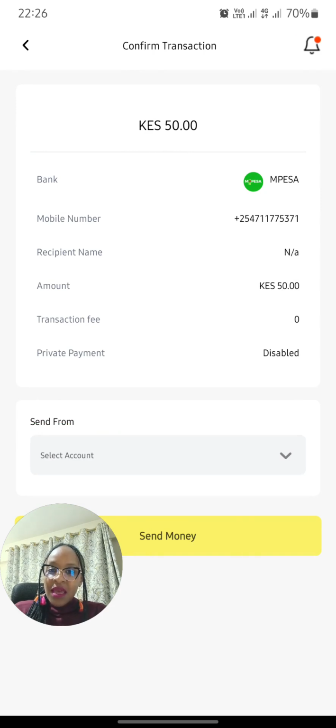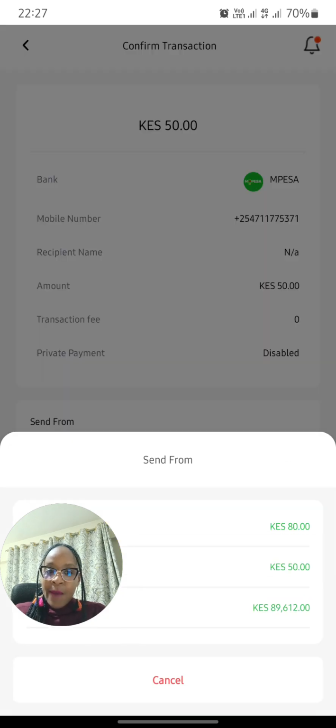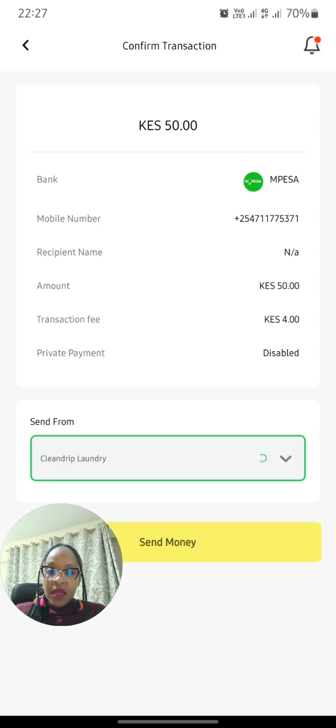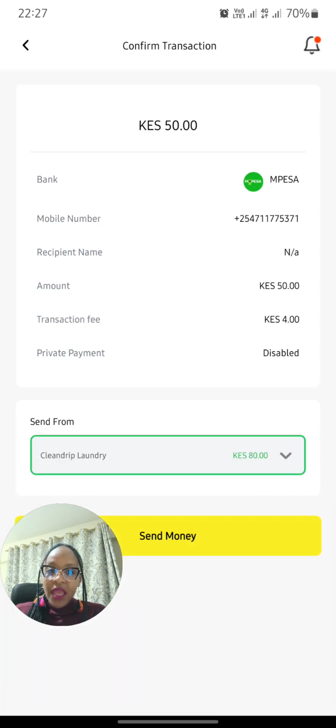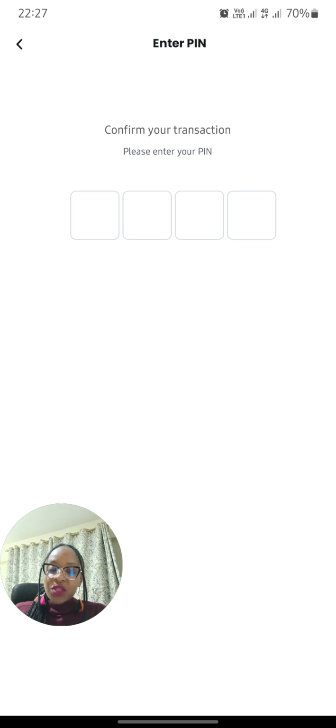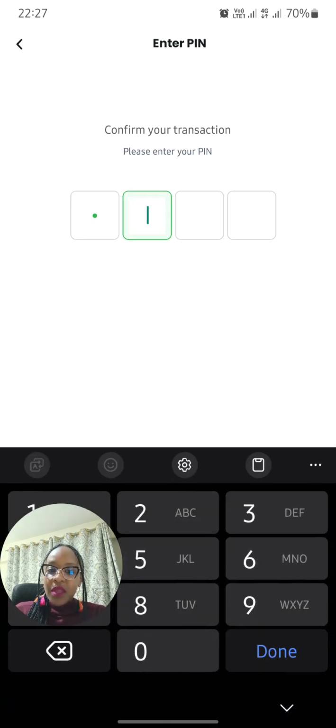the details there and then select the account from which you would like the money to be drawn. In my case, we're going to select that I'd like the money to be drawn from CleanDrip. Once you click on send money, you're now going to input the PIN to your Lemonade account to ensure that